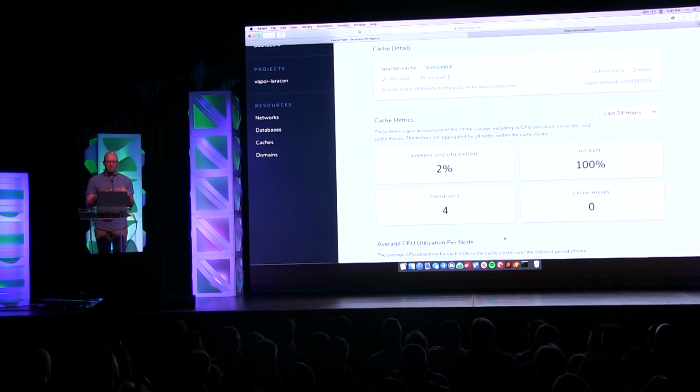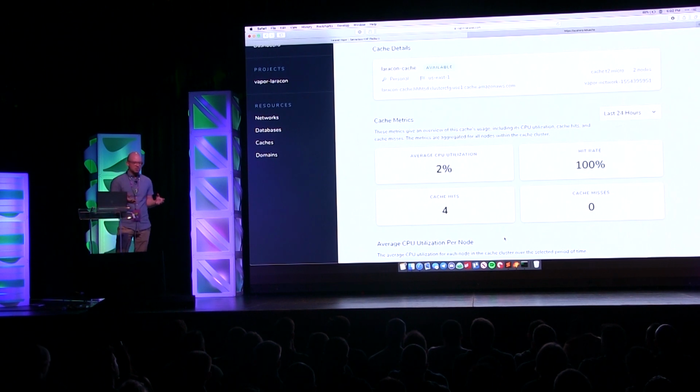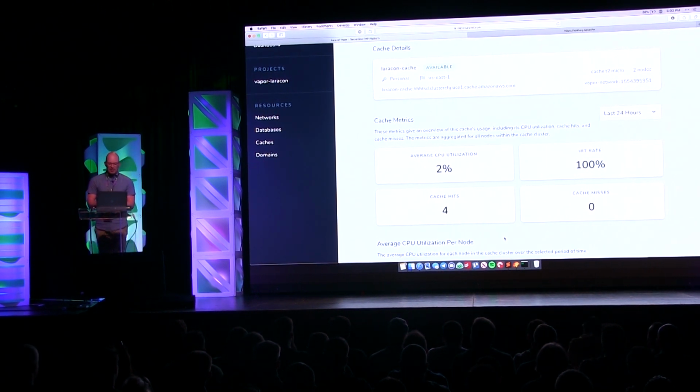So again, how do we interact with this cache from our local application? While we're developing, it would be really nice to be able to inspect the Redis cache, see what's in it, and maybe debug a problem in our application. And all these Elastic caches are within your own private network, so it's hard to access them from the outside. Again, we're going to leverage that jump box feature that I showed you of the network.